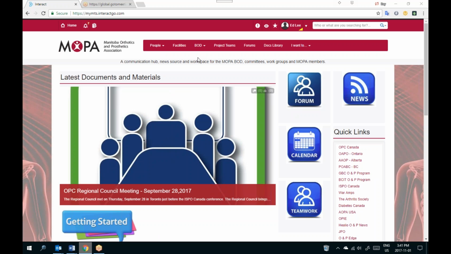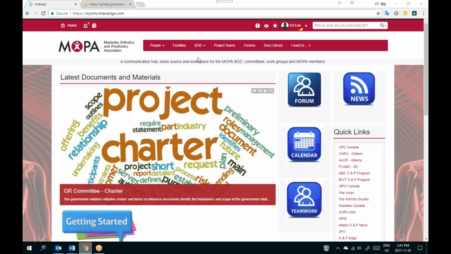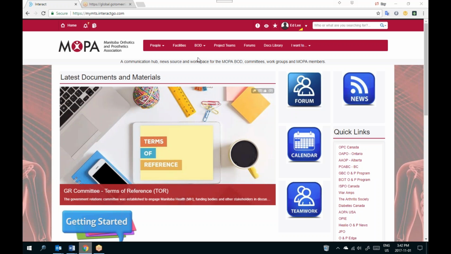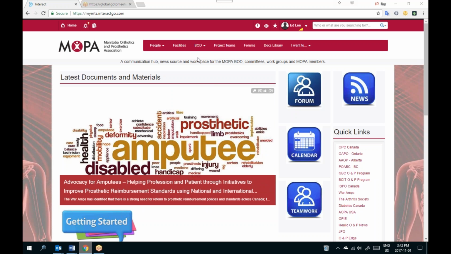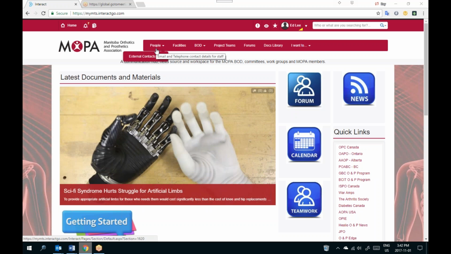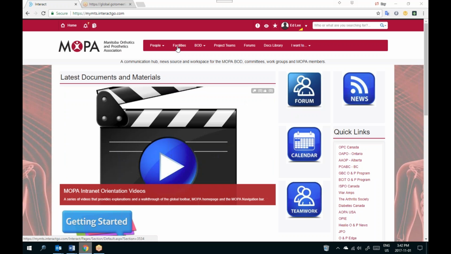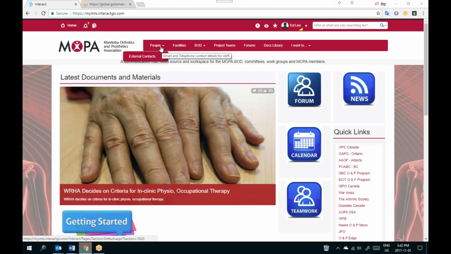So what you're seeing is the typical toolbar, and I'll explain some of the features of how the board and the committee would use the toolbar and the areas specifically for their work. We're first going to start with the people, then move on down the bar. So let's begin with the people directory. When you hover above people, all these names are clickable, which means once you click on it, it will take you to a particular area. We'll first start with people, then move to external contacts. So I'm just going to click on people,